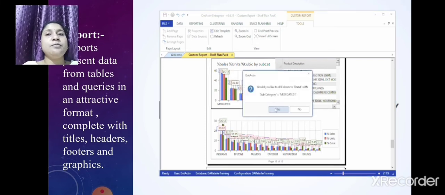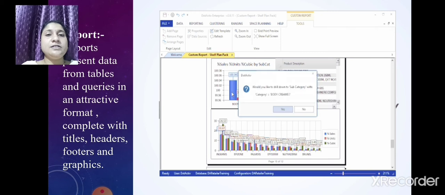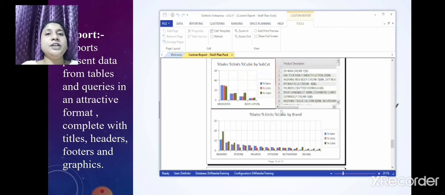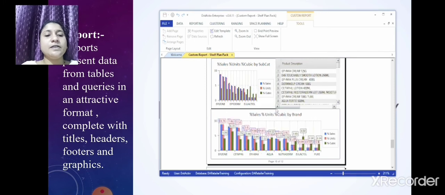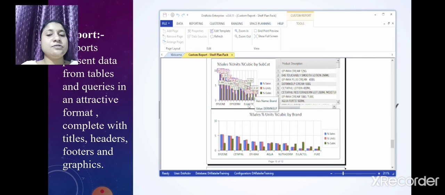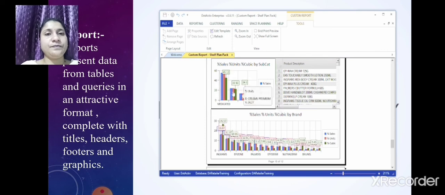So the report will show the last part of the database, what result it will give. Getting the reports? Yes. See here, title is given, header, footer is also given, and in graphic form it shows you. Getting these reports? Yes.